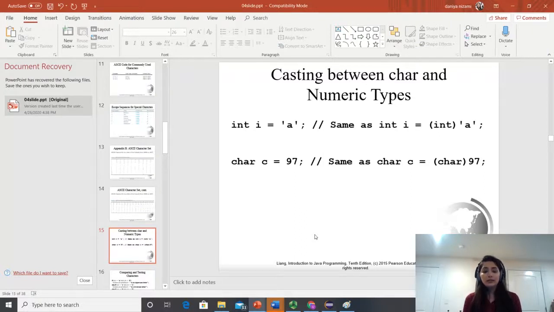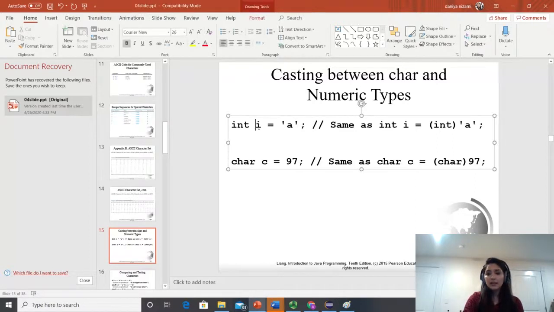You can typecast a character to an integer, and you can typecast an integer to a character. So let's see. If you have int i equals single-quoted 'a', that is acceptable. That is not an error. What it does is give the ASCII value of 'a' to i.